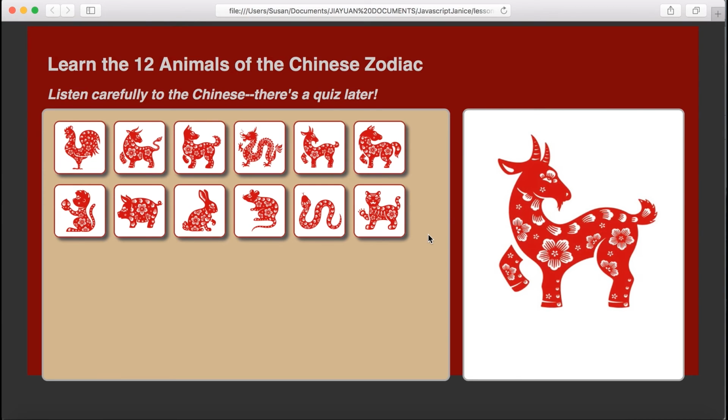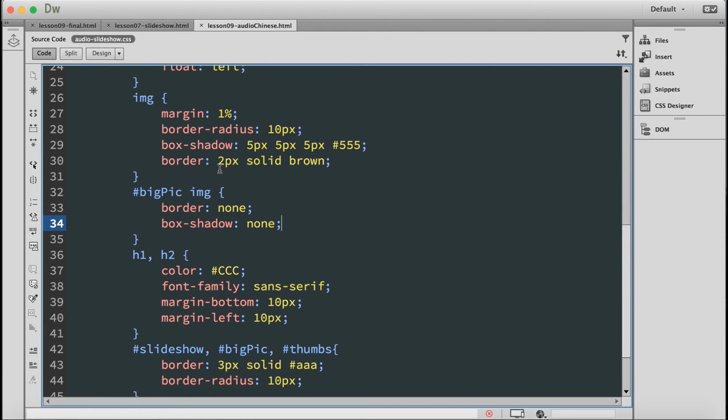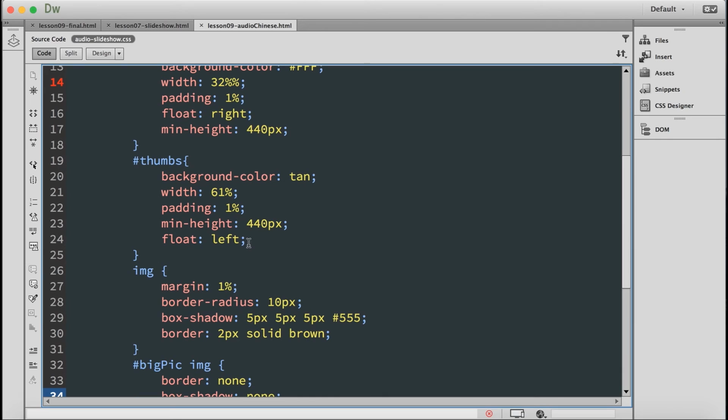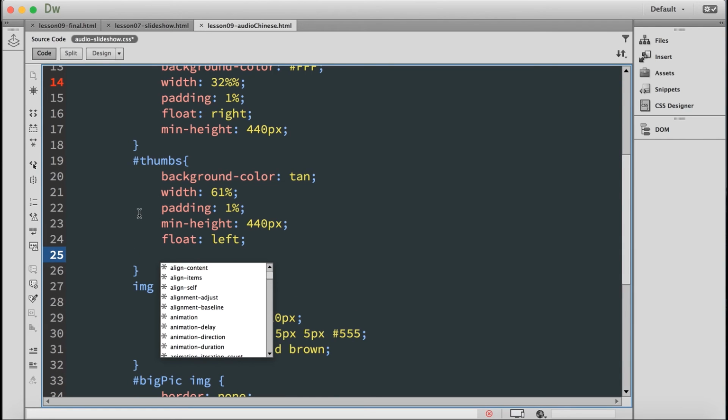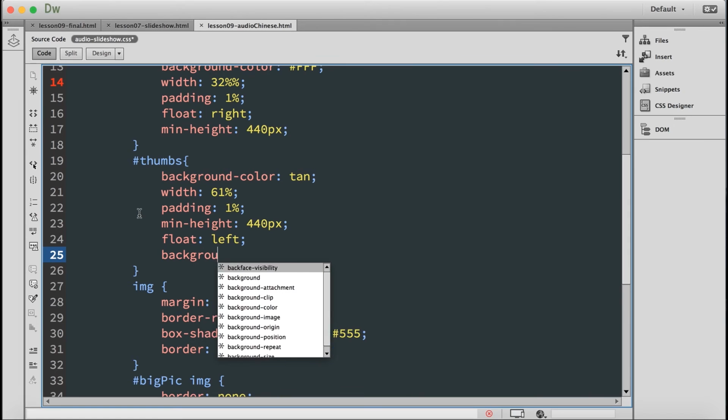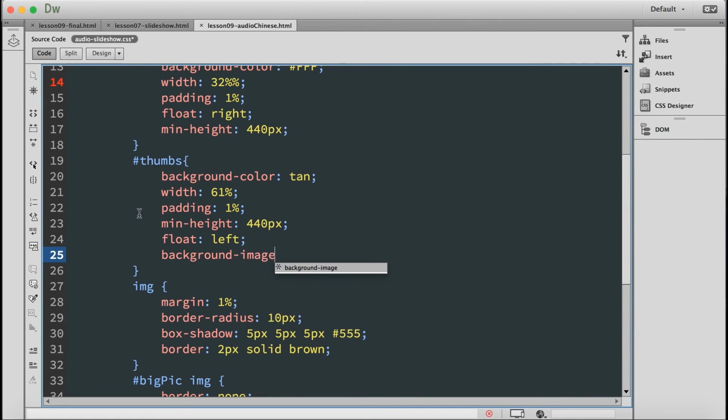This is almost done. We just have a fun background image that we can add and also fix up the container div. So let's go back into our CSS and go over into thumbs, and after the float, add a background image and set that equal to url parentheses images slash Janice W Bunny